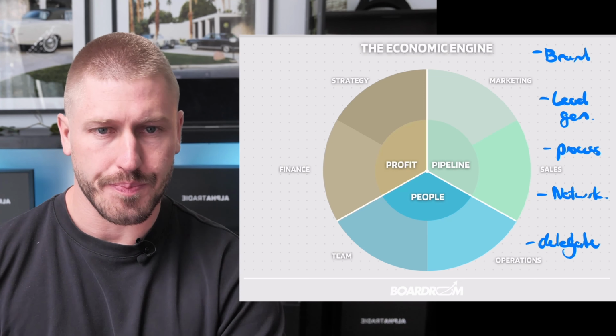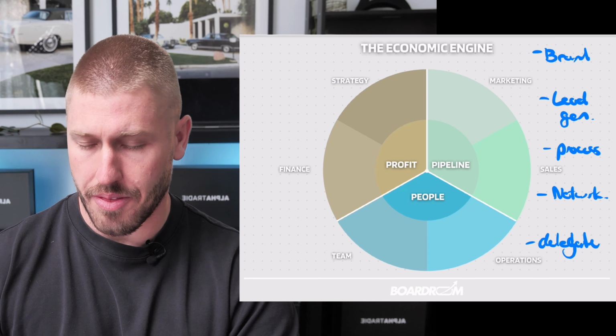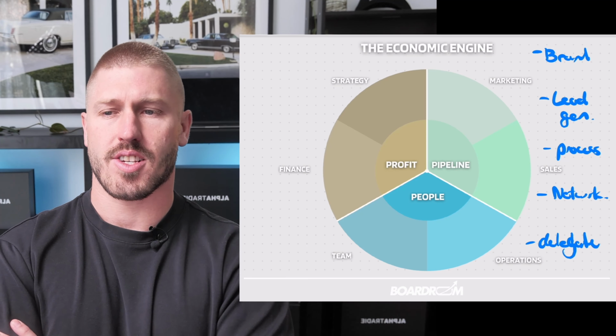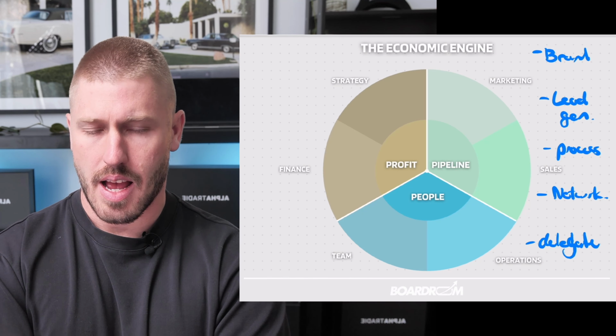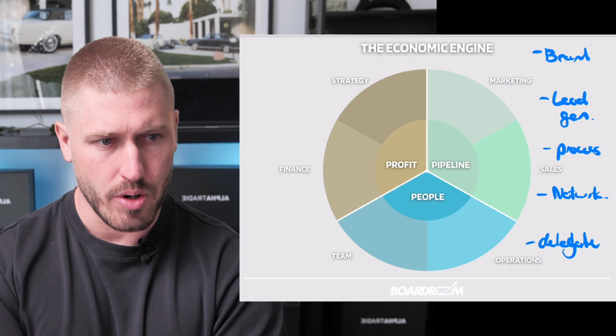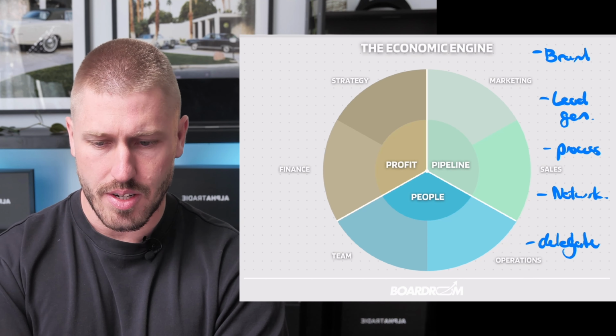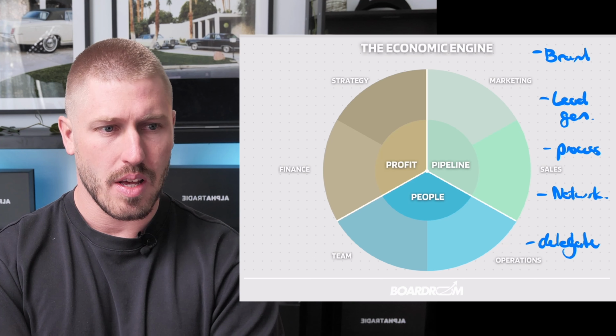We need to delegate. We want to make sure that you're looking at the data of the projects, but you're not necessarily running the projects. Now, you may run major projects, but you do not need to run all the projects. If you want to be an effective managing director, you do need to have a projects team, and whatever capacity